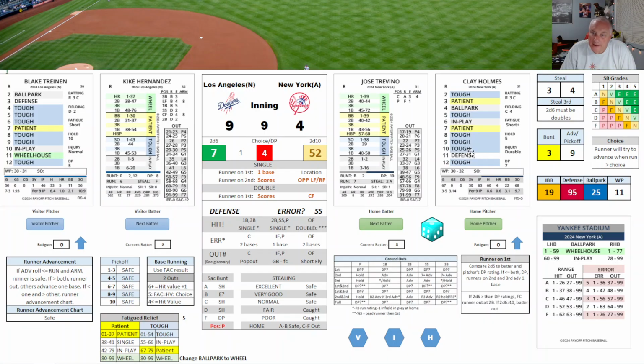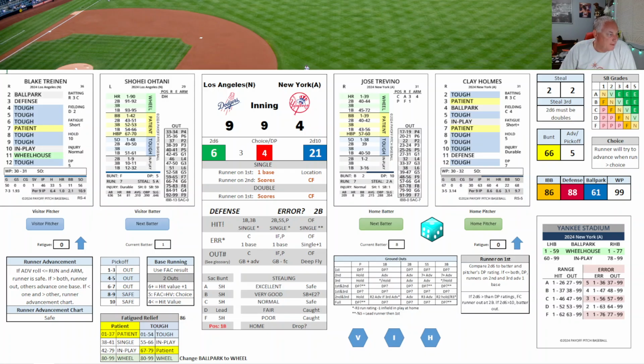Patient, 52. Base hit. So base hit for Hernandez. I'm going to leave him out there. He's reduced, so we'll see what happens here. 6 in play. 21 base hit. So base hit, runner is a 6, and he will advance to third. That will be all for Holmes, who's just not pitched well.